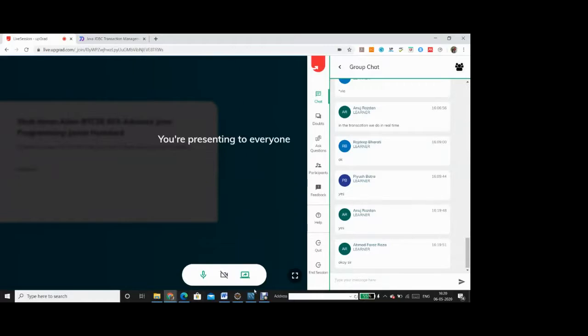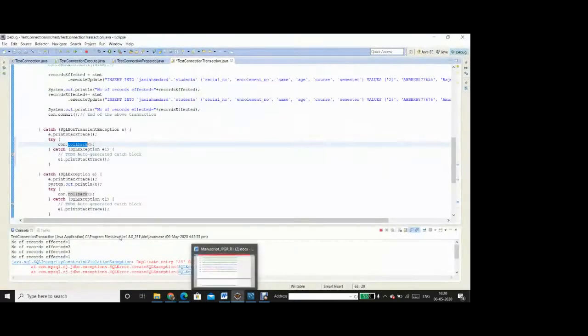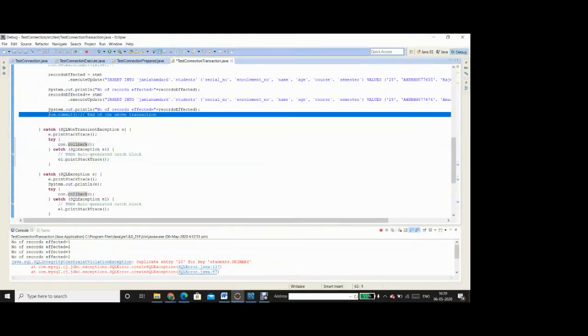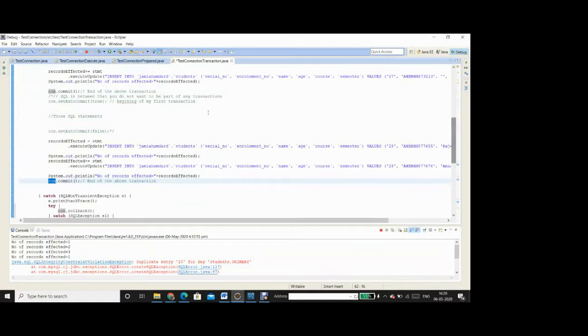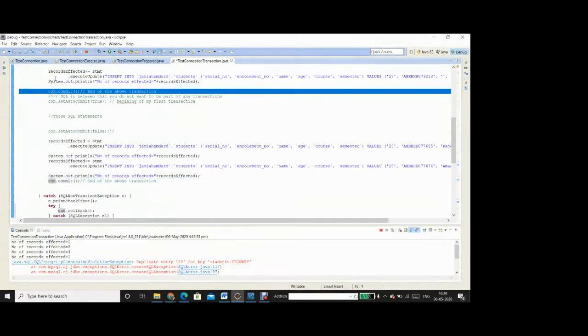So one thing is sure, if there had been a rollback statement, this would have rolled back the effect after the last commit statement, that is this statement. It is not going to roll back the effect of the statements which occur before the first commit, that is this.